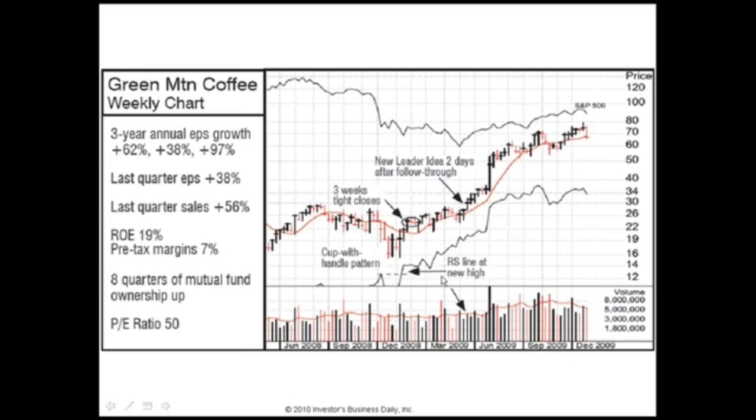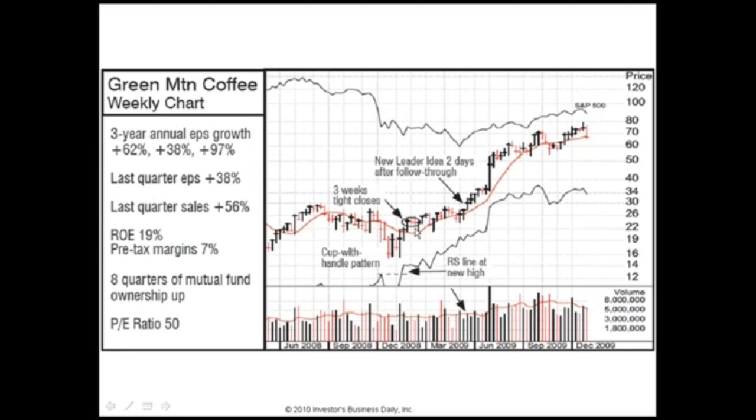Here's Green Mountain Coffee. Now, some people have said all these deep, deep patterns. Well, this was not a deep pattern. This was one that held in there and was breaking the new high ground very early also. But look at the black volume on these up weeks, huge black volume. And we come up, and then you see the 3 weeks closing tight again, and actually it's about 4 weeks. Again, the sign that the stock is holding up in that area and being under accumulation.